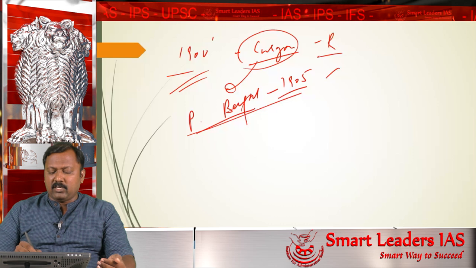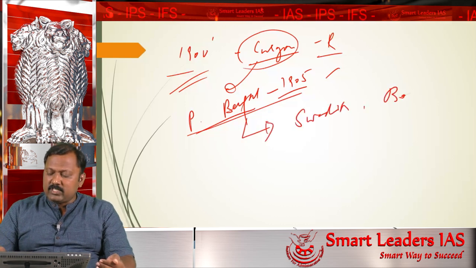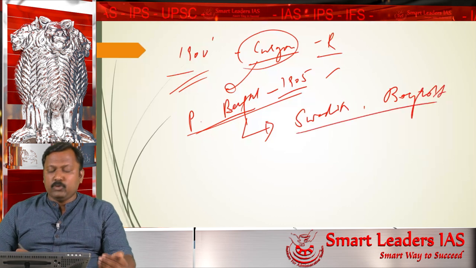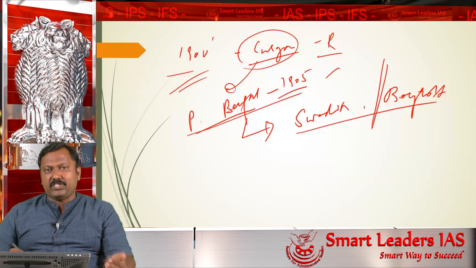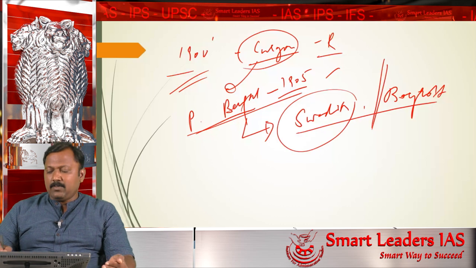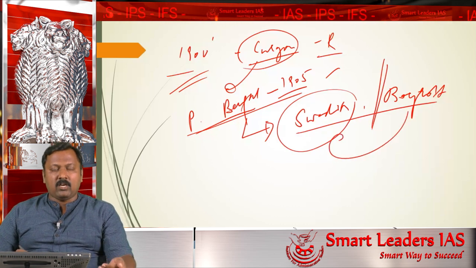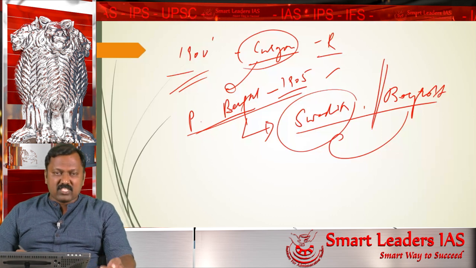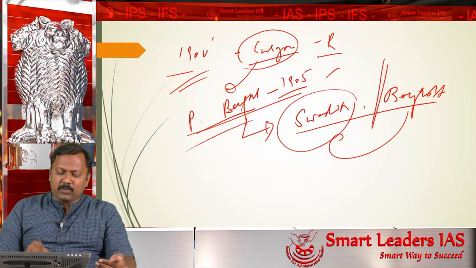After the partitioning of Bengal, the Swadeshi and boycott movements happened by the Indians. Indians did a movement which is called boycott of foreign goods, all the commodities associated with foreign and the British, and Swadeshi is self-reliance. In the place of boycott, we have introduced something which is called Swadeshi. So the Swadeshi and boycott movement was a great success, one of the first movements in India where women participated in large number. It is a very, very important movement.